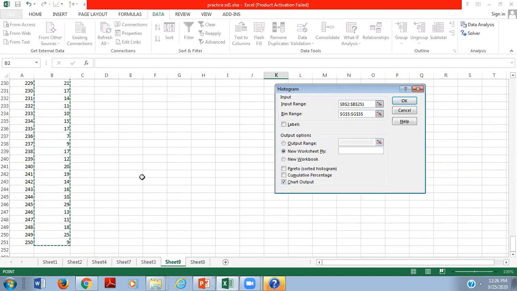Now one more thing. Here we have to give a bin range. Bin range, in the sense, for example, there are a number of days written here. So we have to give the range from 1 or from 0 to 30 days, right?